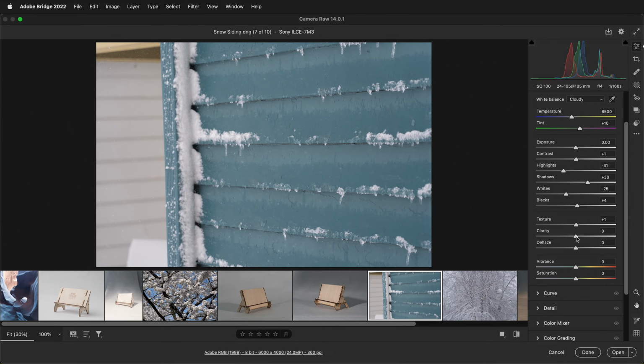Now, for example, clarity, we'll do the middle parts. So if I crank up clarity, notice that the snow stays the same, but all these middle parts are much more dramatic. So the difference between the moisture on the dry paint and the wet paint was kind of a middle frequency. So that became